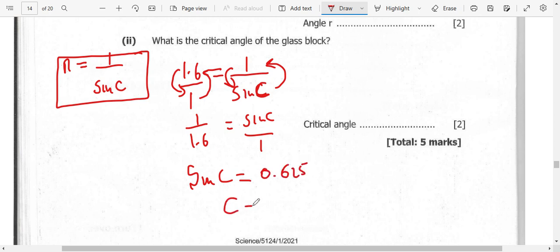So to remain with c, I'm going to take the sine inverse of 0.625. So therefore c is going to be sine inverse of 0.625. That is going to give us 38.7 degrees. So this is the critical angle for